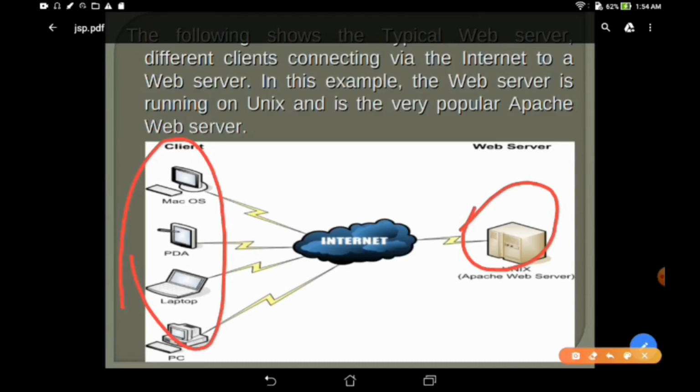The clients send the request to the web server via the internet, and the web server gives the corresponding response to the users. This is the basic idea of client web server technology.